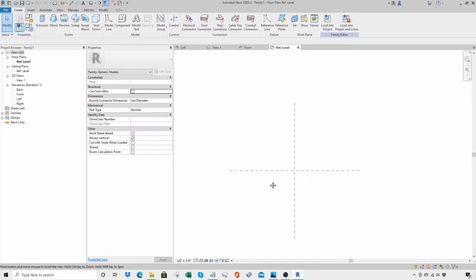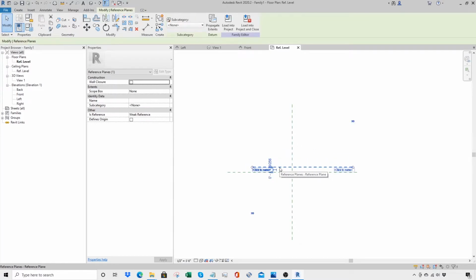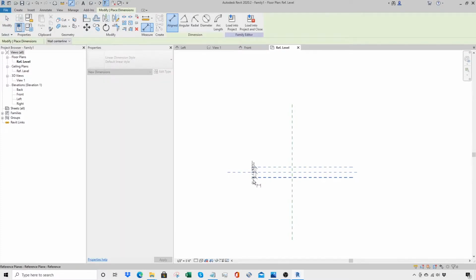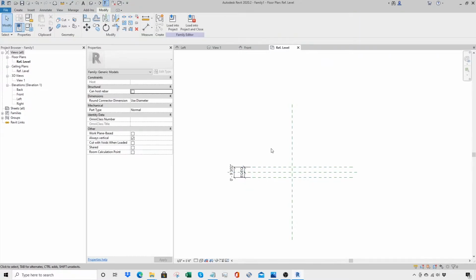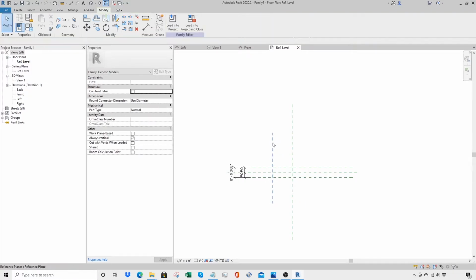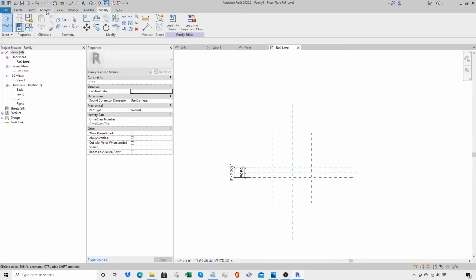Okay, now we're on the plan view. We'll do a reference plane here, do a mirror, dimension, and then another reference plane. Let's make this 1.5 and do a mirror, dimension,